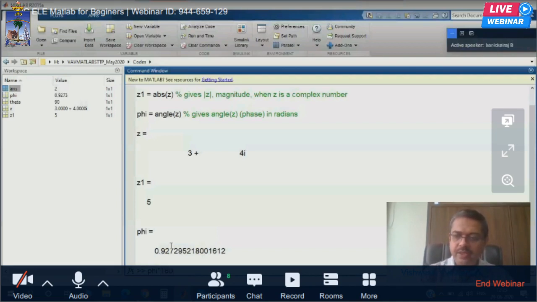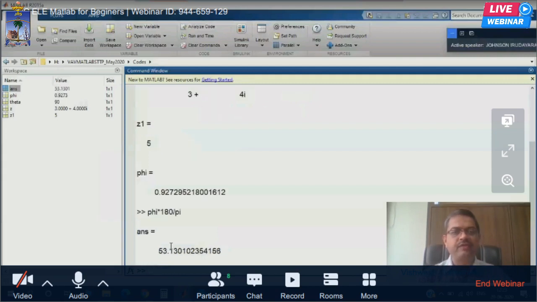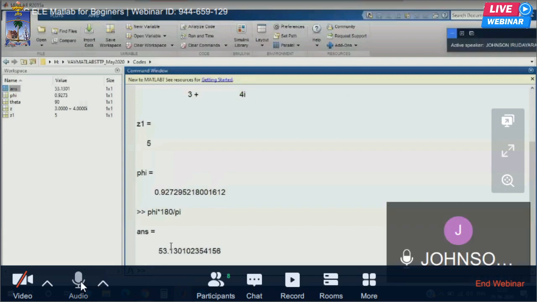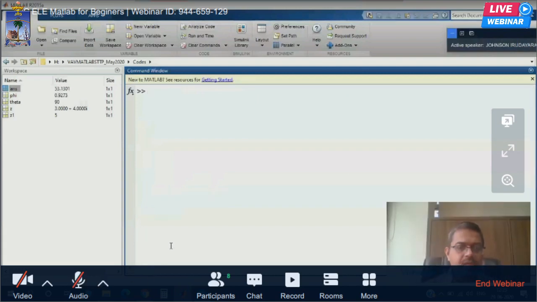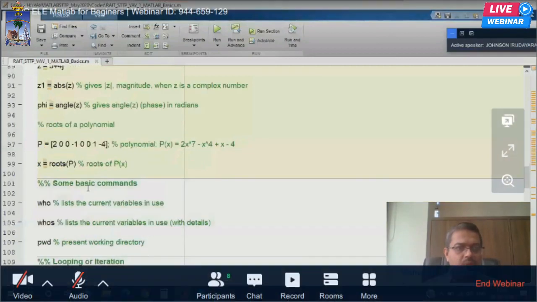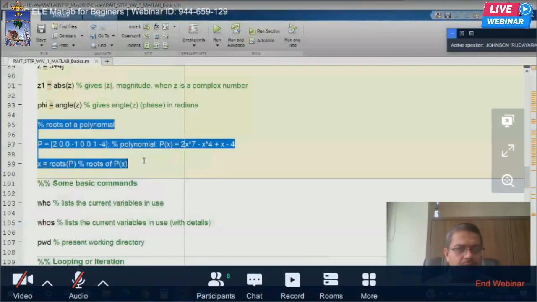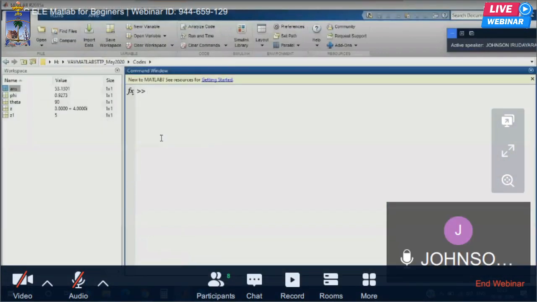Phi into 180 divided by pi will give the answer as 53.13. This is the angle in degrees. Very easy. Next, if I want to calculate the roots of a polynomial, it's very easy.